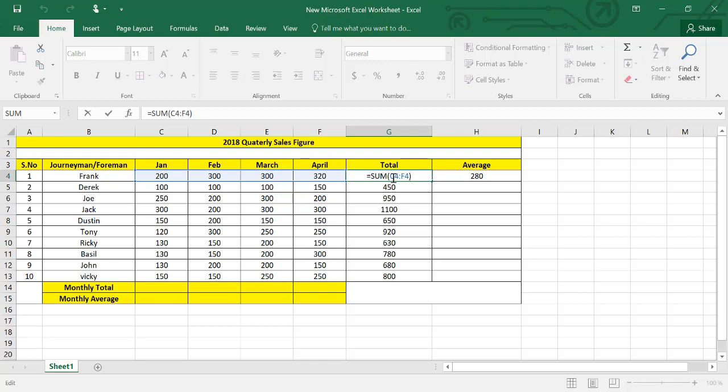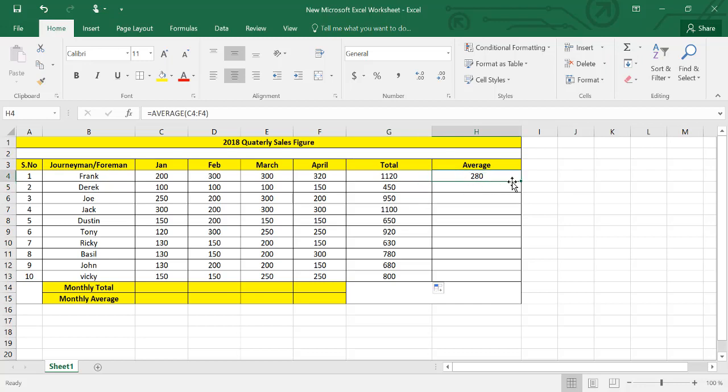This is how the total for each particular salesman, according to their particular values, has been added. If you see the formula here, this is C4 to F4. Now the formula doesn't remain the same, but the action does. If we select this, the sum option is the same, but the cell range has changed to the particular cells for which this range was selected. So I repeat again, the action remains the same, but the formula automatically changes. This is the easiest way: we can drag and drop and make our work easier rather than adding up the individual formulas.